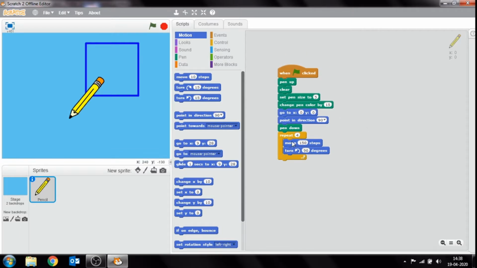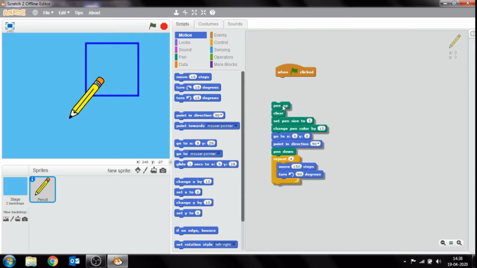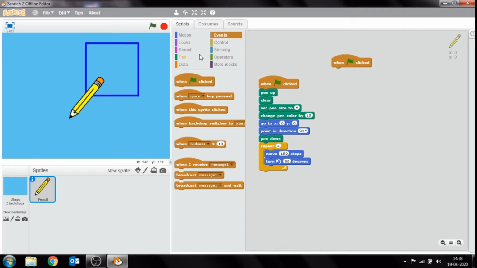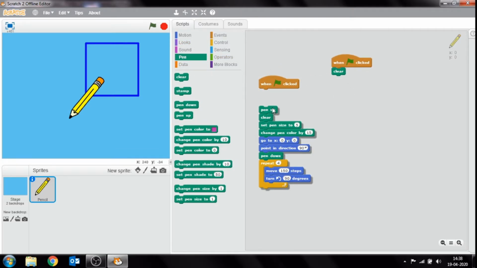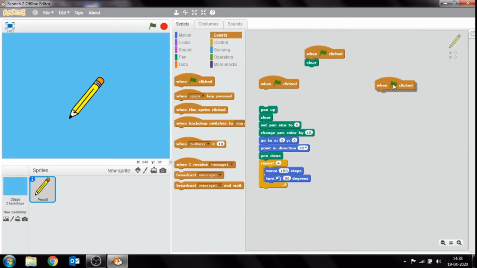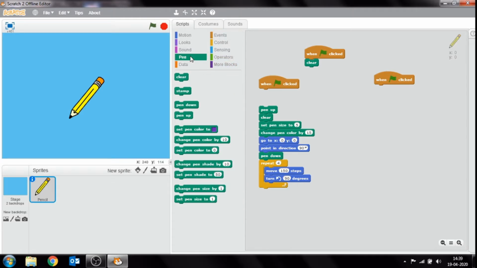Now the next shape is the rectangle. For the rectangle also some blocks remain unchanged, so let's start with the rectangle script. First go to event, when flag clicked, go to the pen block and clear. It will clear the stage. Now for the rectangle, go to event, drag when flag clicked, and drag pen up, clear block, set pen color.